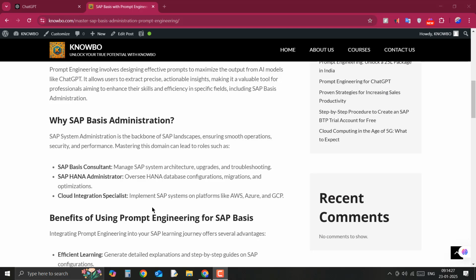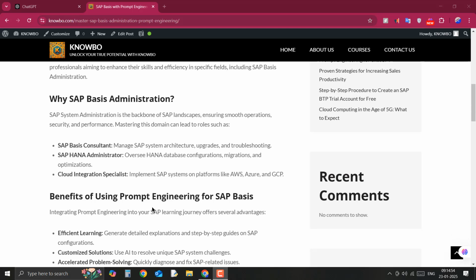Many people are saying that SAP Basis Administration will not be there because SAP is moving everything into SAP BTP, that is Business Technology Platform. It's not true. SAP Basis Administrators are the core people who can administer SAP BTP also. Without these skills, SAP BTP administration cannot be done. Once the system is deployed, monitoring and all will definitely be there.